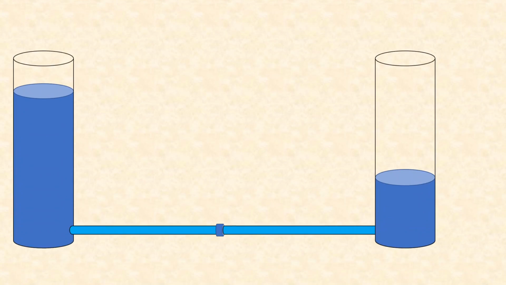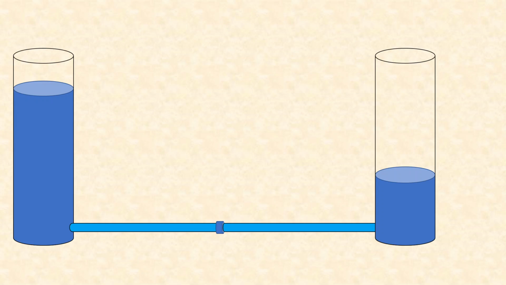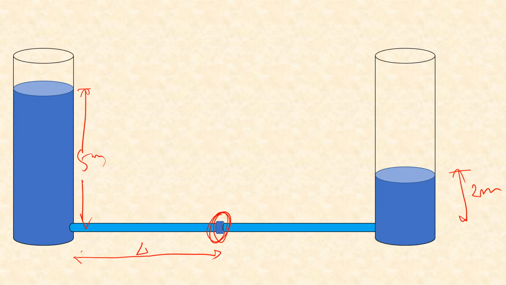Now let's take another example. Here the pipe was not long enough, so therefore we had to make a joint here using some kind of socket. So let's take the same numbers here, 2 meter, then 5 meter. This length is from here to here, let's call it 4 meter, and from here to here it is 6 meter. So in this case, again the head loss is,